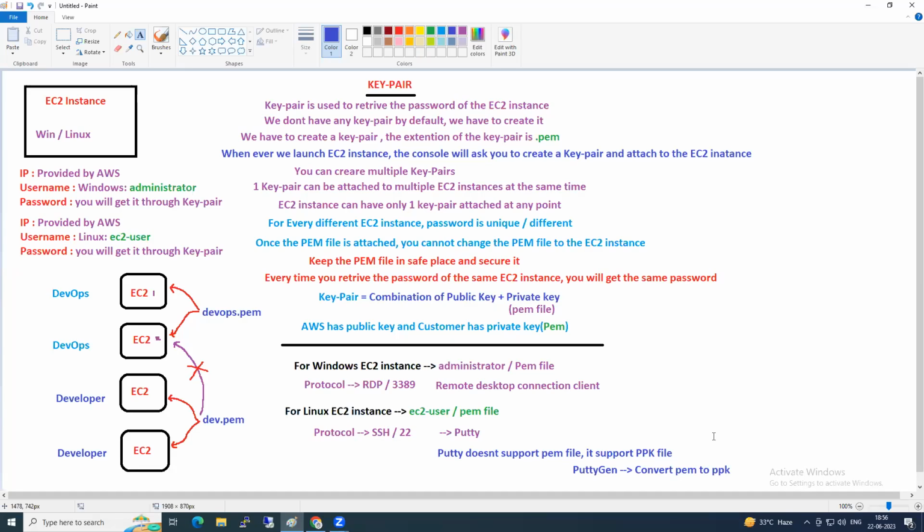The employees will have the PEM file with them. How do they know the password? They will ask you as an admin. Like this, there are so many employees. Every time they want to log into the EC2 instance, will they ask you for the password every time? Then